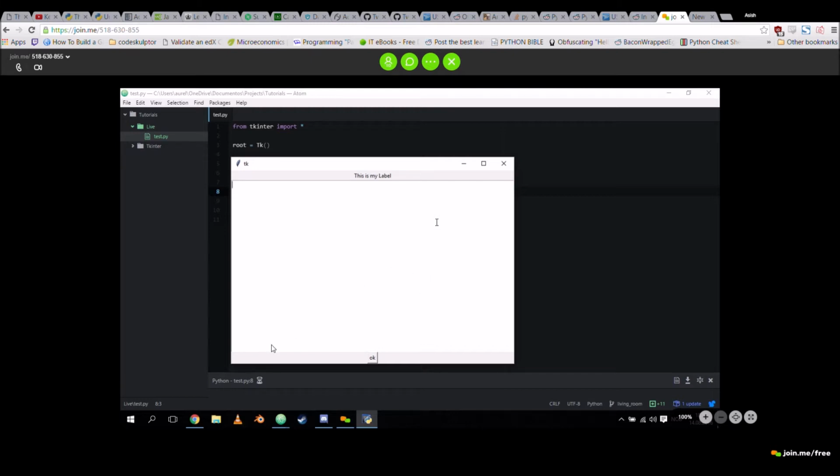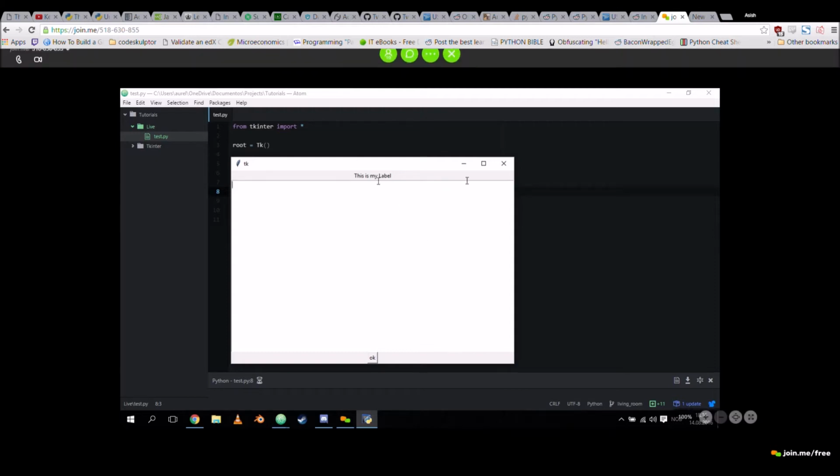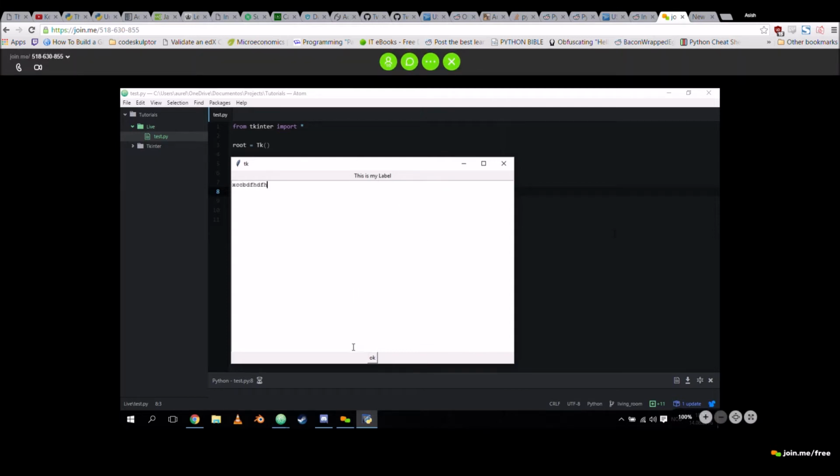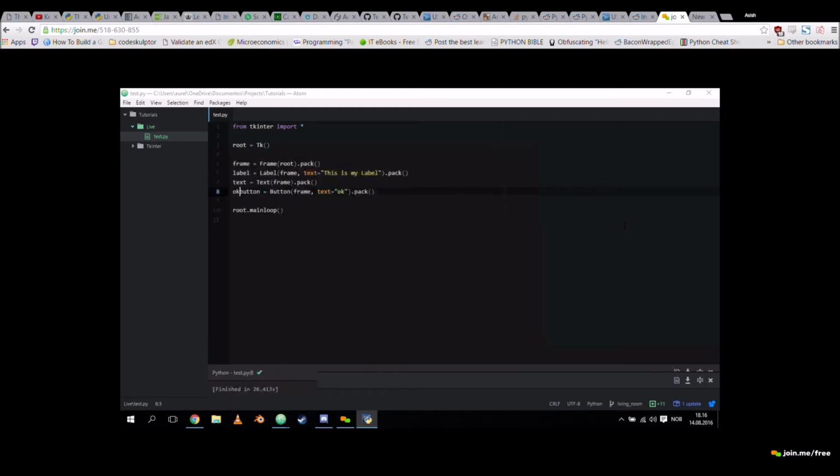Don't worry about that. Understanding the pack manager is really what understanding Tkinter is all about, because that's where your issues are. So I've created a use case here that is very, very simple. This is my label. We have a text field in the middle, and then we have an OK button that does nothing. So let's deal with the button first, and I promise you we'll talk a lot about pack.